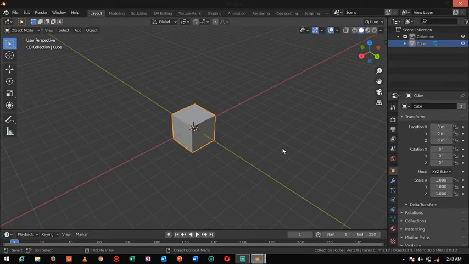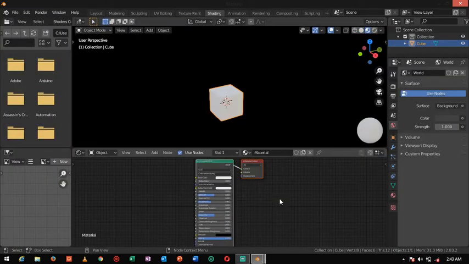Now if you see, this cube has no colors. Now we can put some colors in that cube, so we will go to shading. Sorry guys if you are facing problems because of the mic, because I'm not using a mic now, so sorry for that. Now here you can see no color is there. So to start, what we will do, go here.